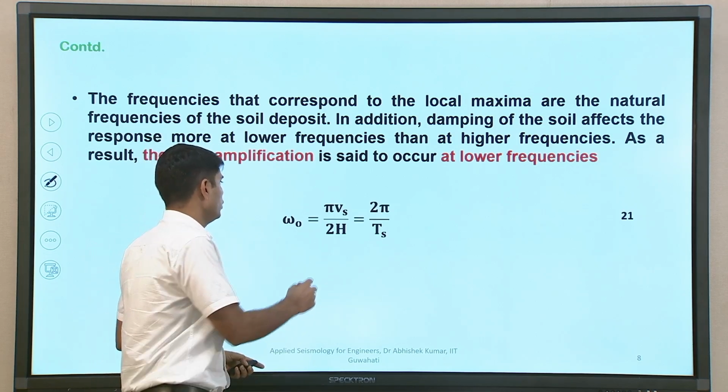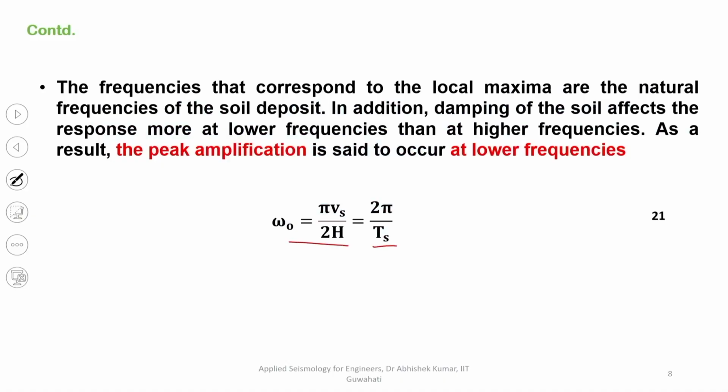Now, the omega value corresponding to the first peak: if you consider the local maxima and differentiate the transfer function, you can find that omega equals pi by 2 Vs over H, which can also be written as 2 pi over Ts, where Ts is the natural period of the soil column, and that is how you can also find the natural period of the soil column is 4 H over Vs,